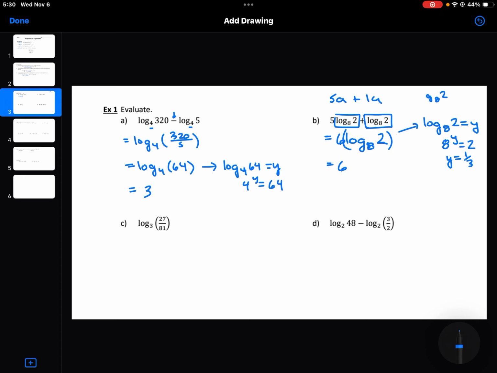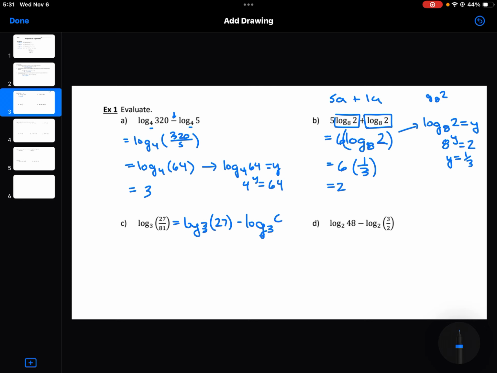So now when I go to evaluate my expression, I've got 6 times 1/3, which is just equal to 2. In the next one here, I've got log base 3 of a fraction, and I've got a couple options here. One is that I could split them up into log base 3 of 27, take away log